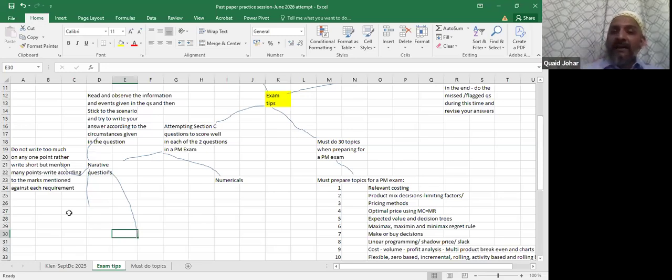So analytically, the examiner has to think that this number of sentences should be given more marks to the candidate, right? So that's important. So write small sentences